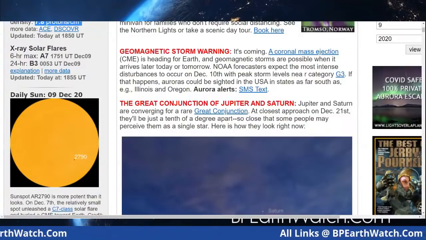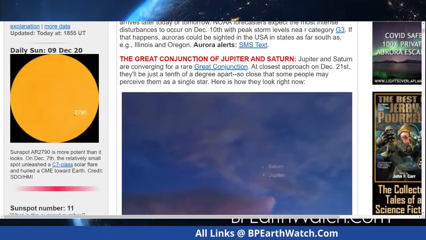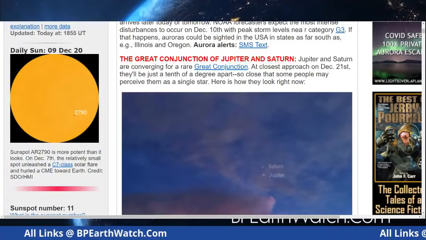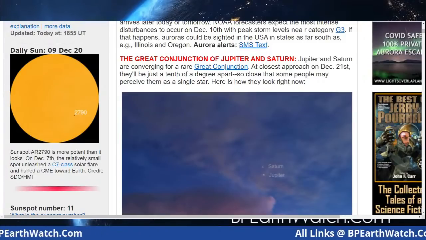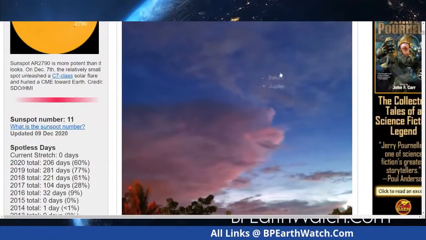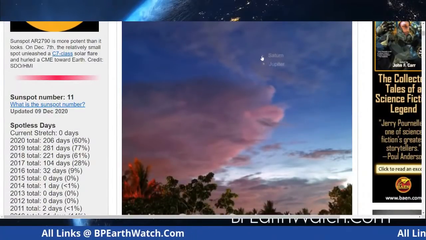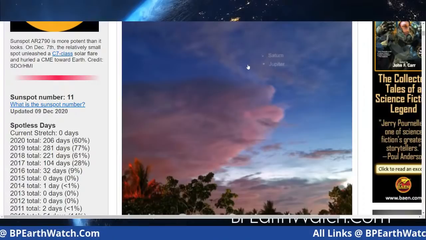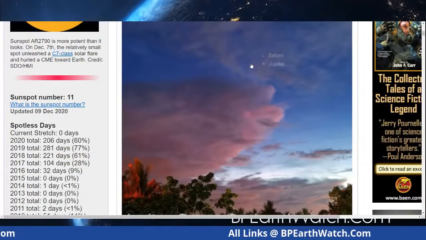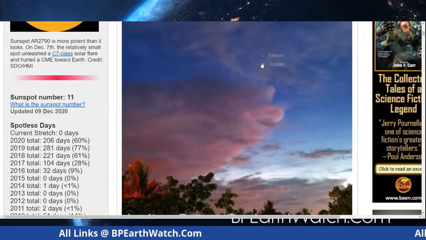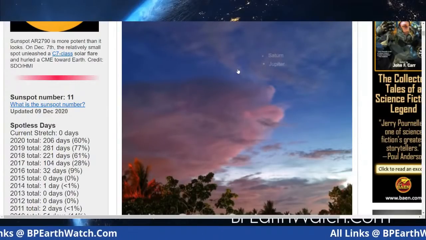I appreciate you coming. Space Weather has the information also on the great conjunction of Jupiter and Saturn coming up December 21st. These are current images. Well, these are, I think, a day old, but they're going to get so close to Saturn and Jupiter that it appears as one star, which neither one really are stars, but that's what they're going to be looking like. And leading up to that, you're going to have a crescent moon involved in that.